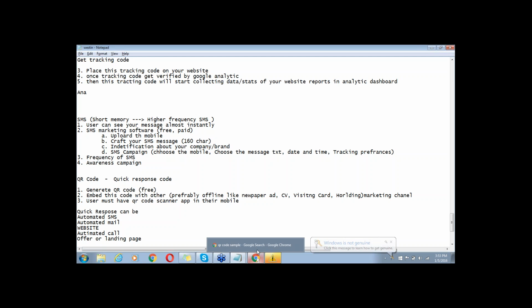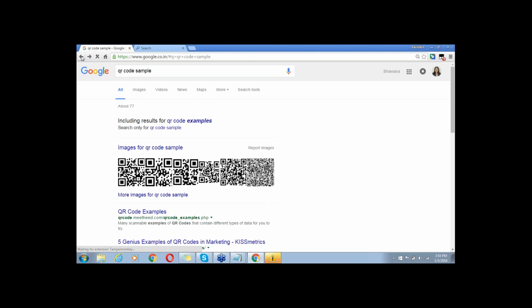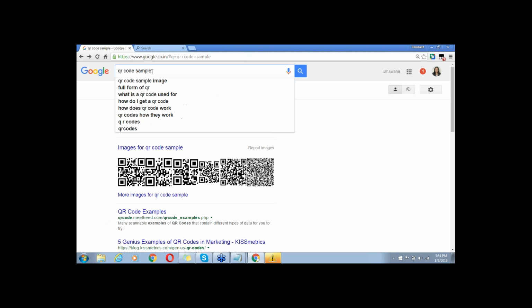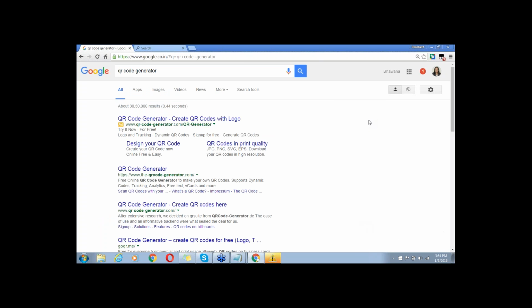Now let's do it practically. Do you want to do the QR code practically? How many of you want to do the QR code practically? Just open your Google. Hello guys, are you here? Yes. So just Sakesh, open Google and type QR code generator. Click open and click on QR code generator. Right? Everyone is doing it? Let's do it.